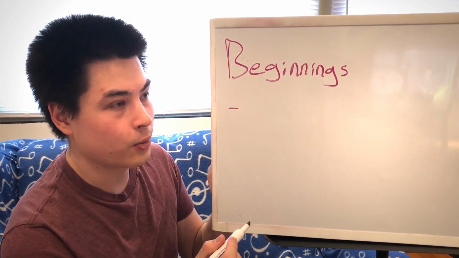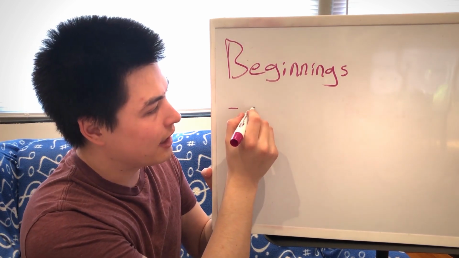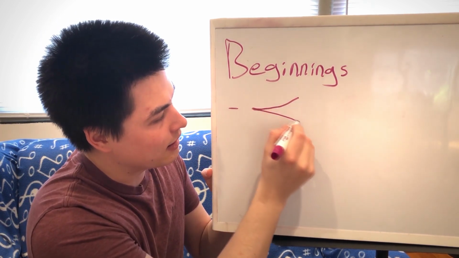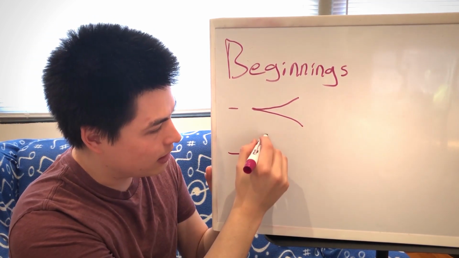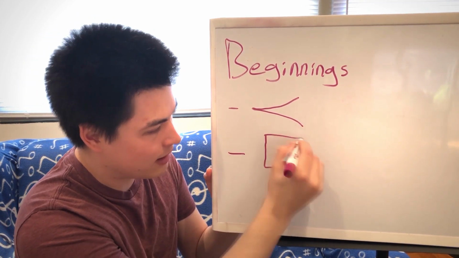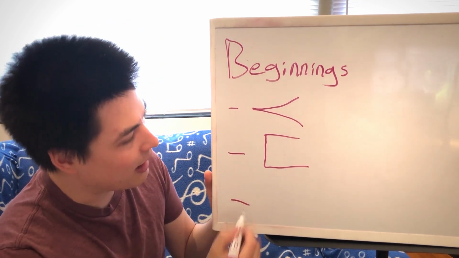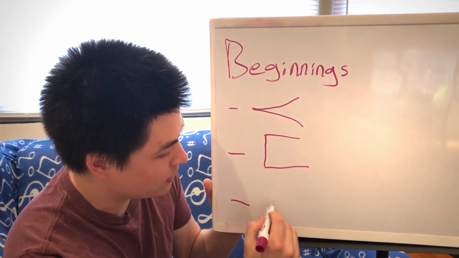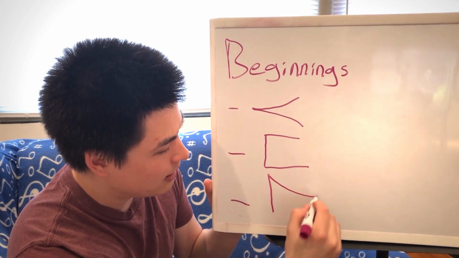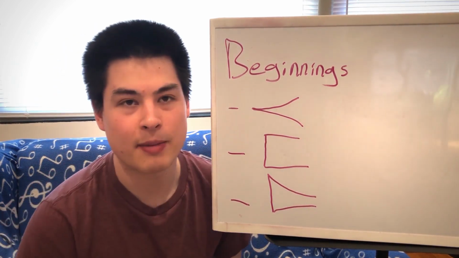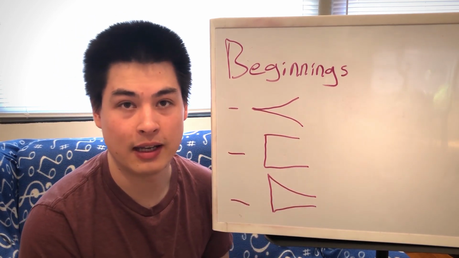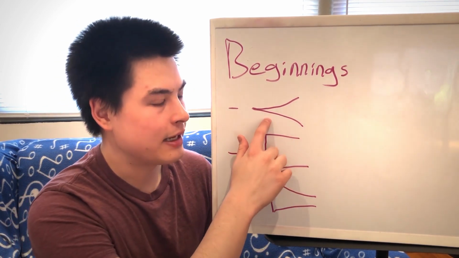The one is where you're going to be getting louder, so you start kind of soft and then get louder. The next one is doing nothing, where the sound happens, it's there, and then it's continuing on. And then the last one is getting softer. So you start very loud and then sort of rapidly decay. So thinking about how each of these might sound in the beginning of a note, this one is